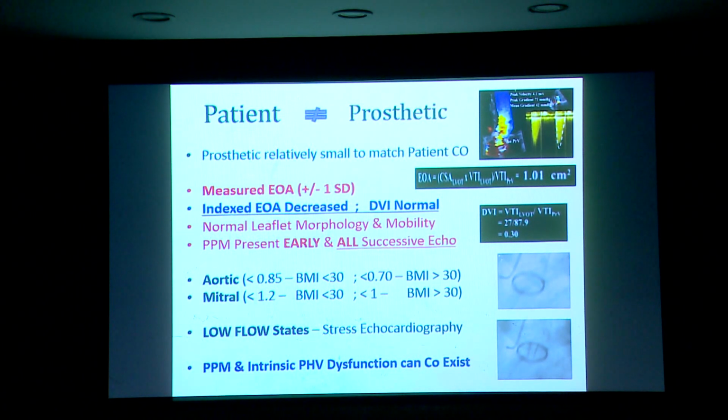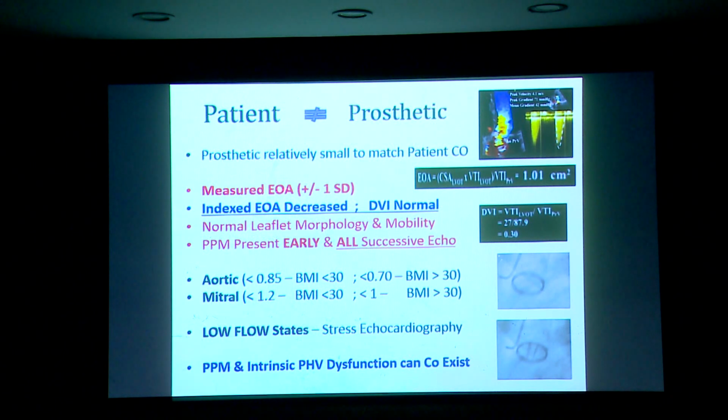It cannot accommodate higher gradients and higher cardiac output when the patient exercises, and when more cardiac output is required, it cannot meet his requirements. So that's called an inadequate or inappropriate size valve; a larger valve is required. You find the effective orifice area from the earlier equation, and each valve has a reference area. You compare with that, and they'll be almost the same, or maybe the EOA is slightly less.